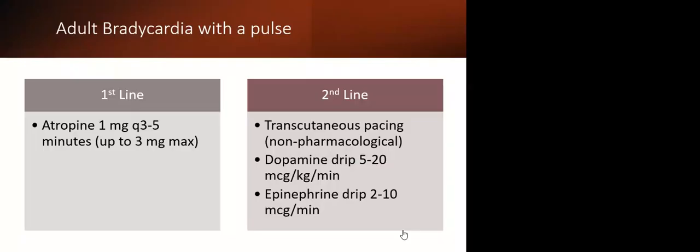The other two options that we have are dopamine or epinephrine. Both of these are beta-adrenergic agonists, so they're vasoconstrictors and positive chronotropes, meaning that they constrict the blood vessels, increasing our blood pressure, and they also increase heart rate. While dopamine is a weight-based drip, epinephrine is not, and they can both be titrated up depending on the patient's